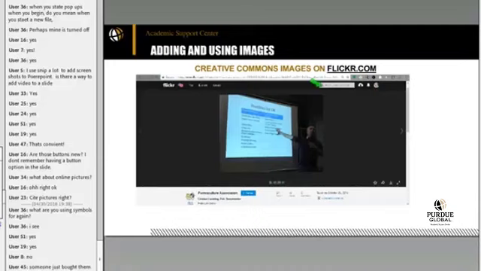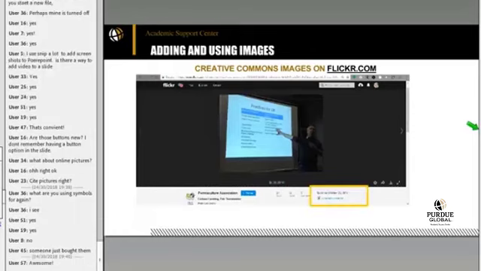But what you can do in Flickr is click up in the search window, and you don't even put anything in there, but if you just click it, it'll open up the advanced search options, and you can set the filter to Creative Commons images only. There's a whole bunch of different Creative Commons licenses, and they allow for some use, some modification, as long as you attribute the image to the creator, to the owner of it. Okay, so